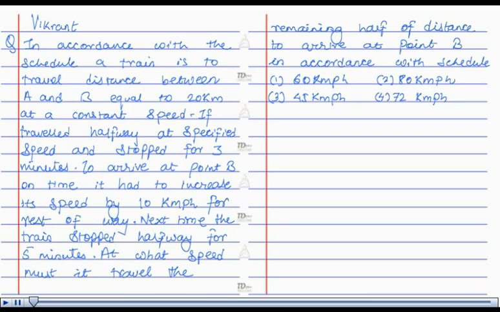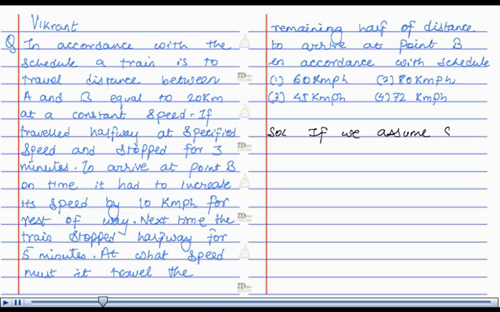Hello, I am Vikrant. The question is: in accordance with the schedule, a train is to travel a distance between A and B equal to 20 kilometers at a constant speed. If it travelled halfway at the specified speed and stopped for 3 minutes, to arrive at point B on time, it had to increase its speed by 10 kilometers per hour for the rest of the way. Next time, the train stopped halfway for 5 minutes. At what speed must it travel the remaining half of the distance to arrive at point B in accordance with the schedule? Solution is,